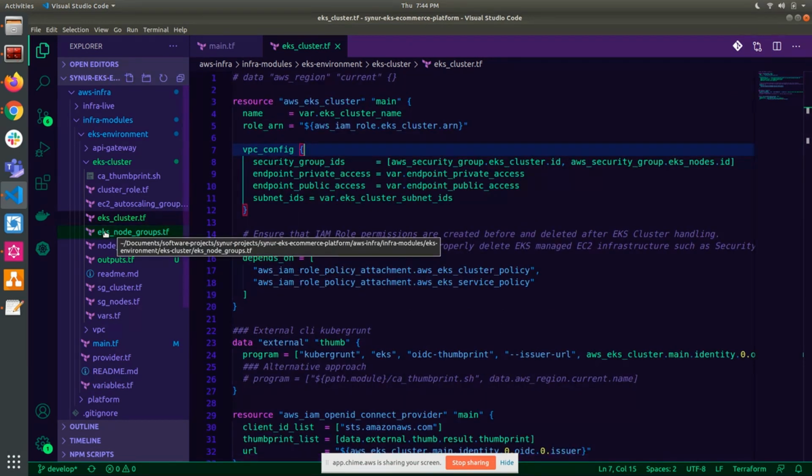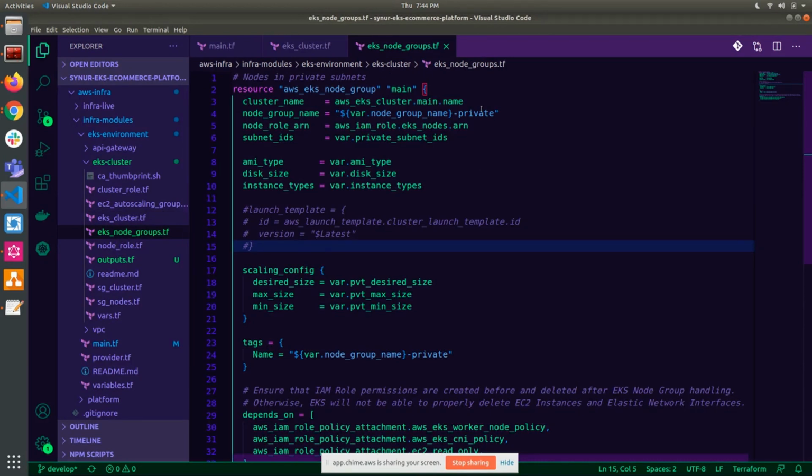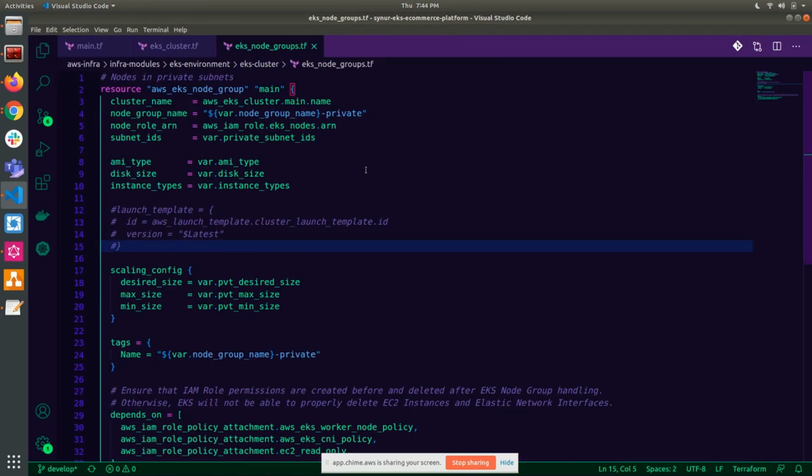And once you're done with that step, the next thing will be to set up your EKS node group. Your node group obviously doesn't take as long as setting up the control plane. That might also depend on the number of nodes that you are creating. And I should note that it is possible to set up your own launch template for your EKS node group. But even if you don't use a launch template, the nodes will obviously be a part of an auto scaling group. But if you want a lot more hands-on control over your auto scaling group, you can configure a launch template over here.